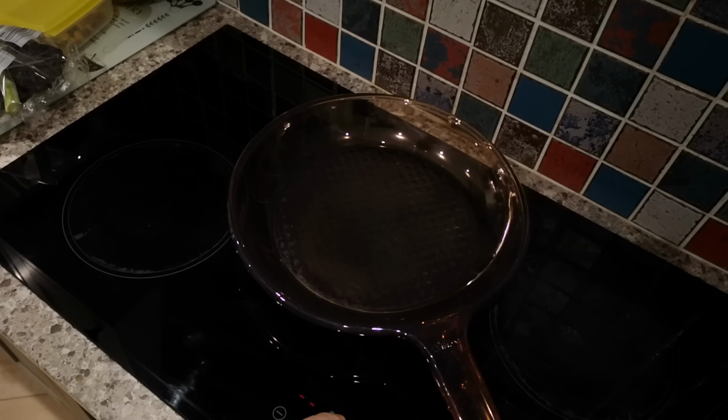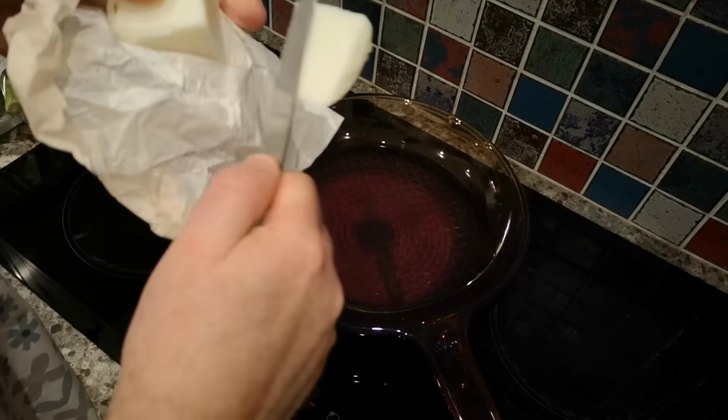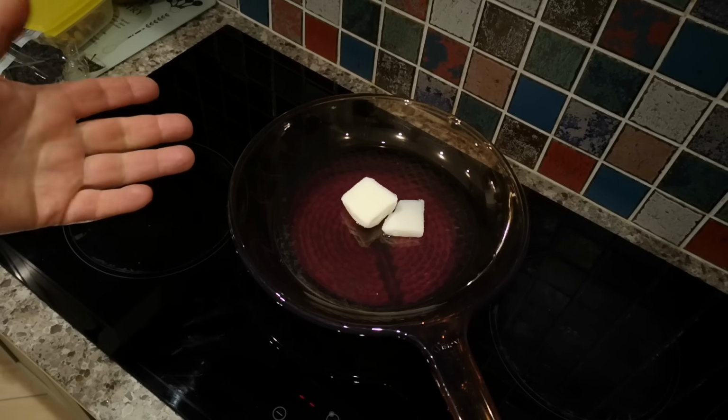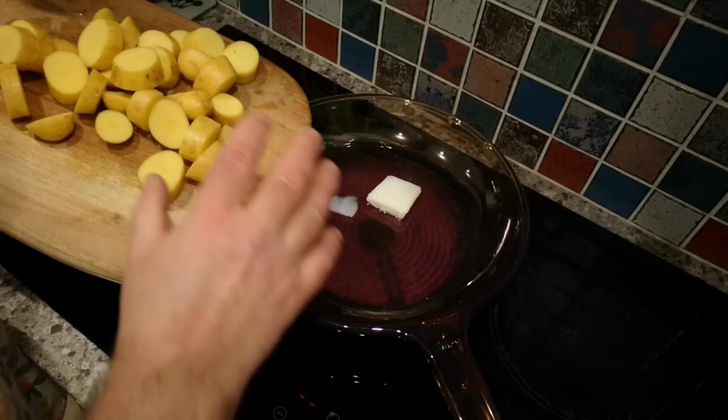Over here at the cooker, we'll get this pan on full heat, and I'm going to fry these potatoes initially in a bit of lard. Really any kind of oil or fat that doesn't burn too much and you're happy to fry things in would probably work here. And I'm not going to wait for that to start sizzling and smoking before the potatoes go in,